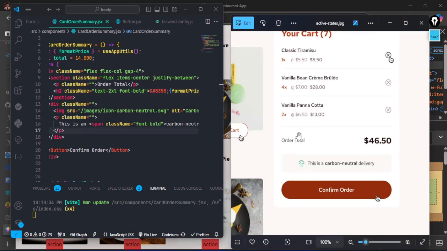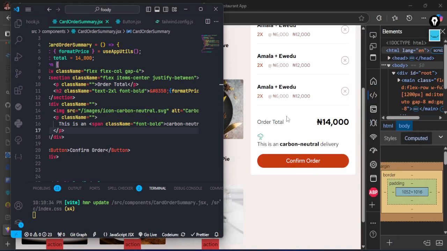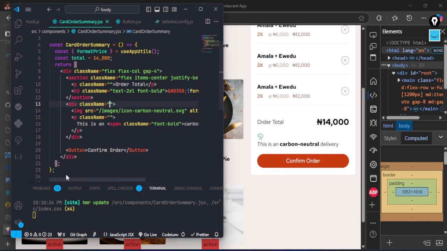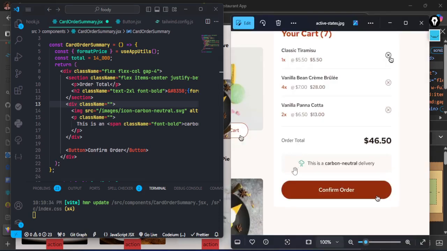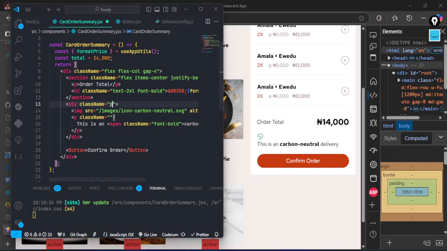So for this text beside it, I think that one is okay already, so I don't need to change anything. The only thing we need to do here, I don't need to do anything on this piece, so let me remove the class. So I'm not doing anything there. For this one, we need to apply background, this carbon whatever stuff, and it needs to have padding. So it's going to have a px to be